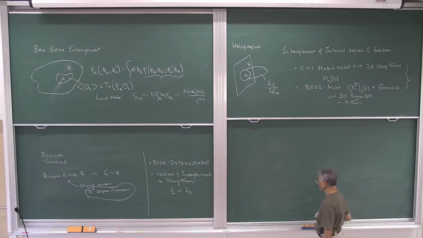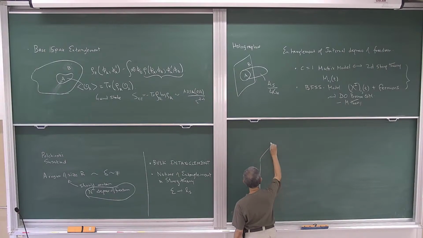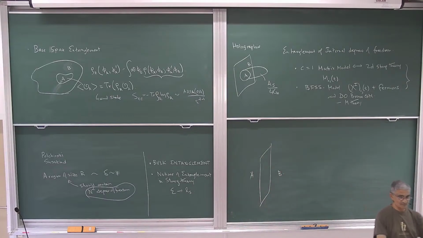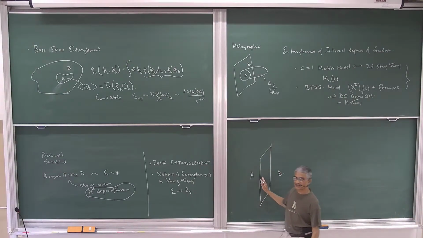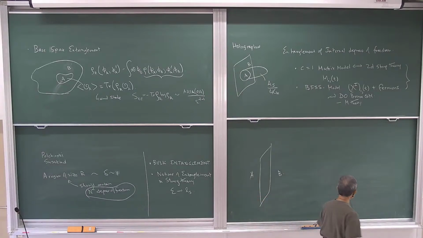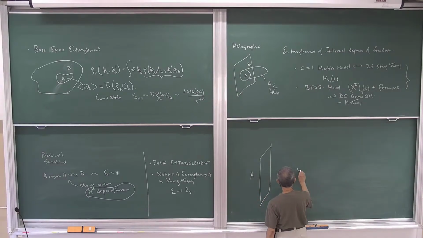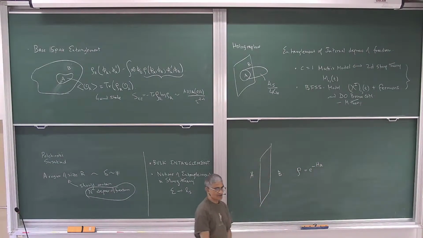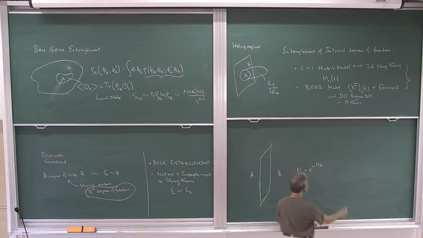Suppose I take the entanglement of half space. This space is A and that is the complement B. You break it up, infrared regulate the whole thing. Now, it is well known that this object is nothing but the entropy associated with the Rindler horizon. If you just calculate the density matrix for this, it is nothing but the Rindler Hamiltonian. If you take Rindler space,